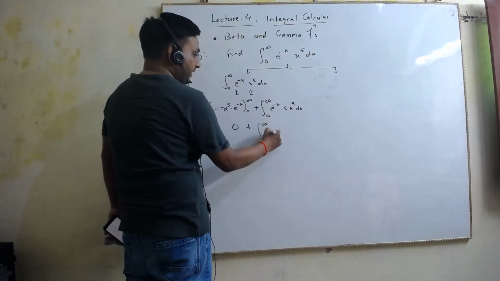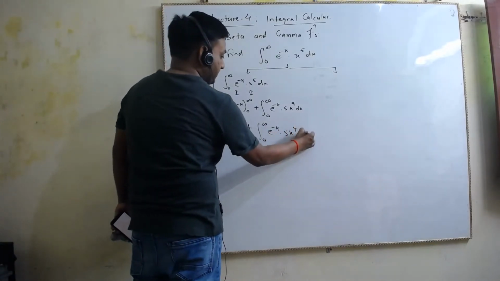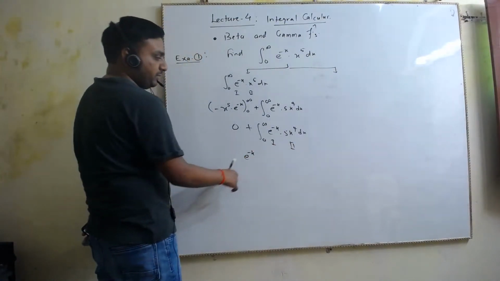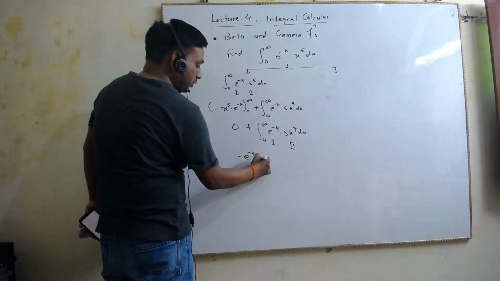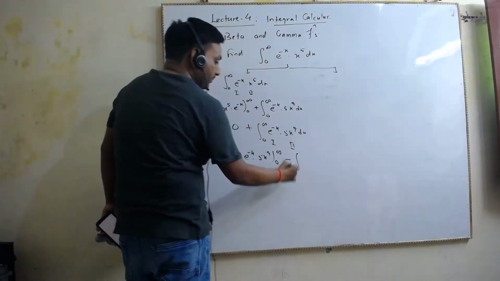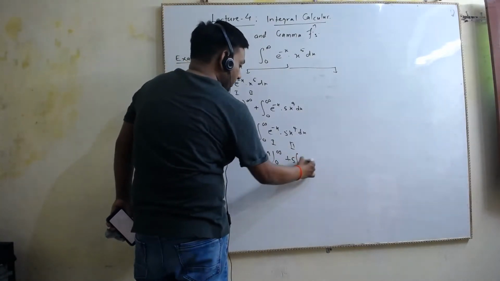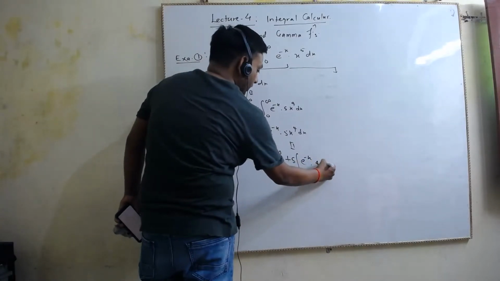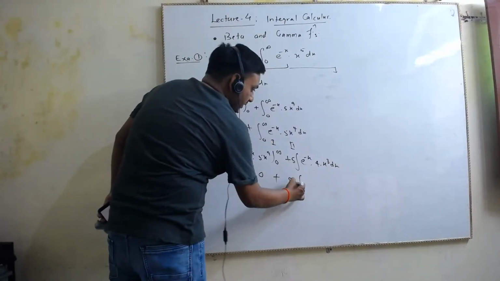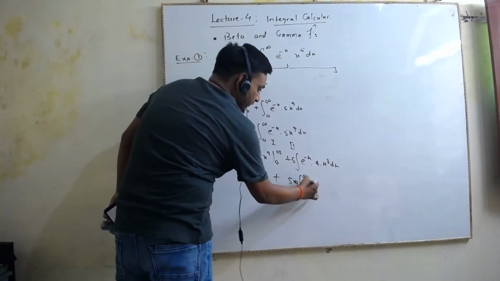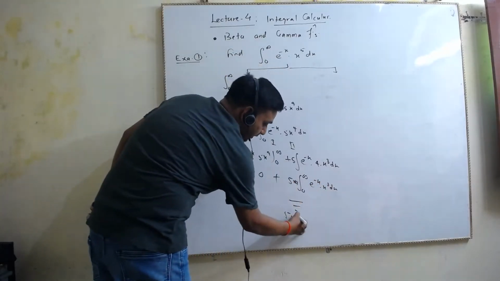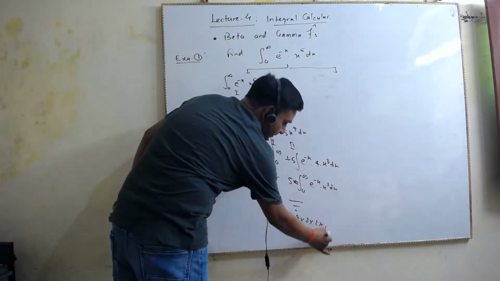This is 0 to infinity e raised to the power minus x. Again you will be applying integration by parts. So what will happen? Minus e raised to the power minus x into 5x to the power 4 from 0 to infinity, plus 5 into e raised to power minus x into 4 into x cube dx. This will again be 0. So you will have 5 into 4, 0 to infinity. If you keep on doing, what you will be getting is the answer.